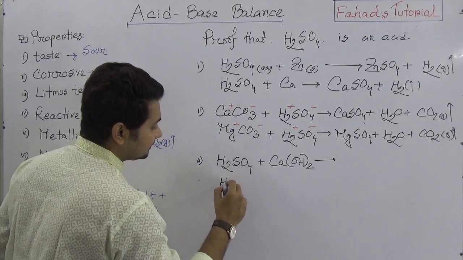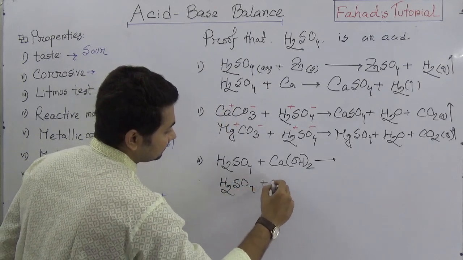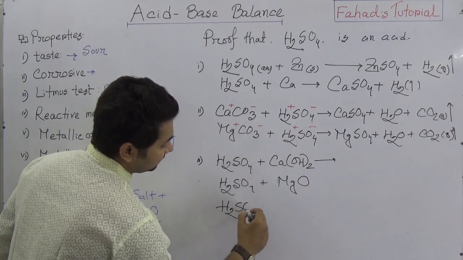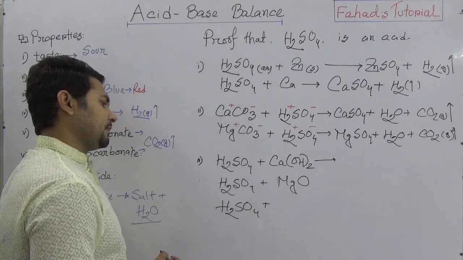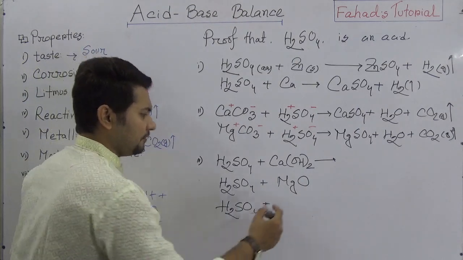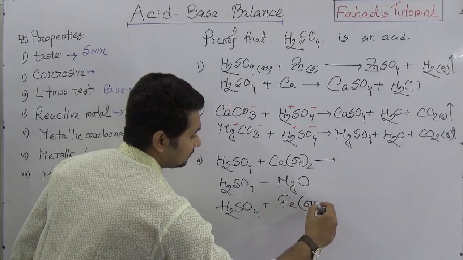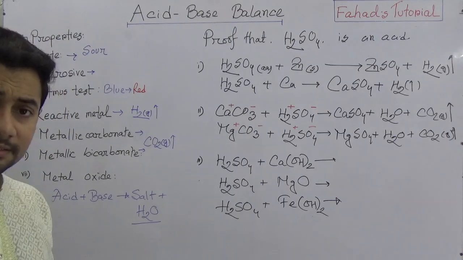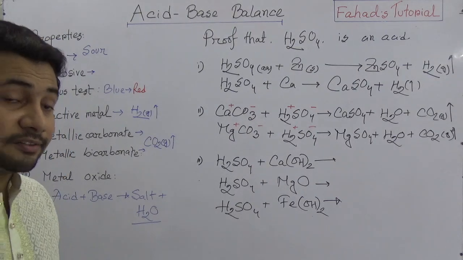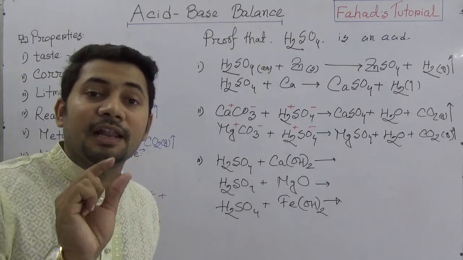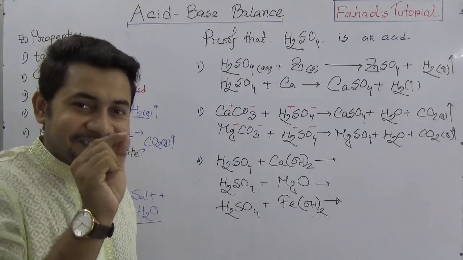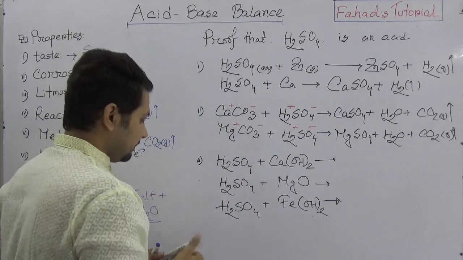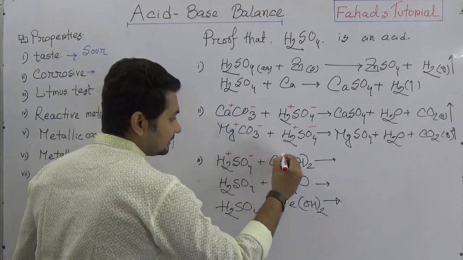Or if you say that sulfuric acid undergoes reactions with magnesium oxide, or even sulfuric acid with ferrous hydroxide, then what will be the reaction? When sulfuric acid reacts with calcium hydroxide, this is the formula of lime water. I'm coming up with a very important concept with that. Calcium hydroxide is lime water. So when it reacts like this, then